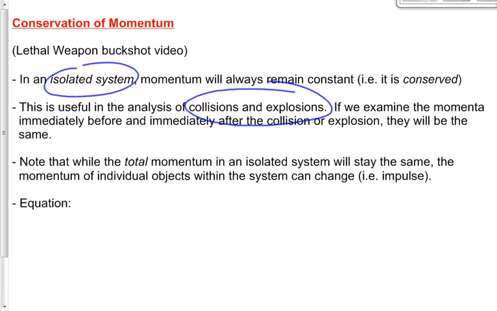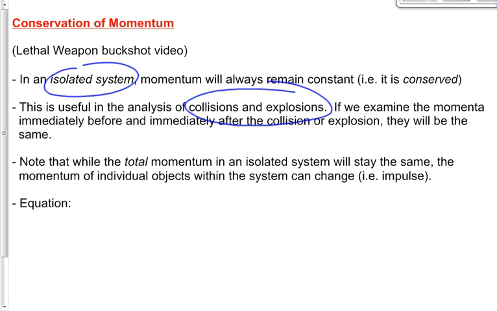Finally, we said yesterday that although there can be a change in momentum, momentum always remains the same. What does that mean? There can be a change in momentum, but momentum always remains the same. How is that possible? Isn't that a paradox? There can be a change in momentum, but yet momentum always remains the same. Good. When we're looking at the change in momentum, in other words, the impulse that we've been looking at over the last several days, we're looking at an individual object within the system.